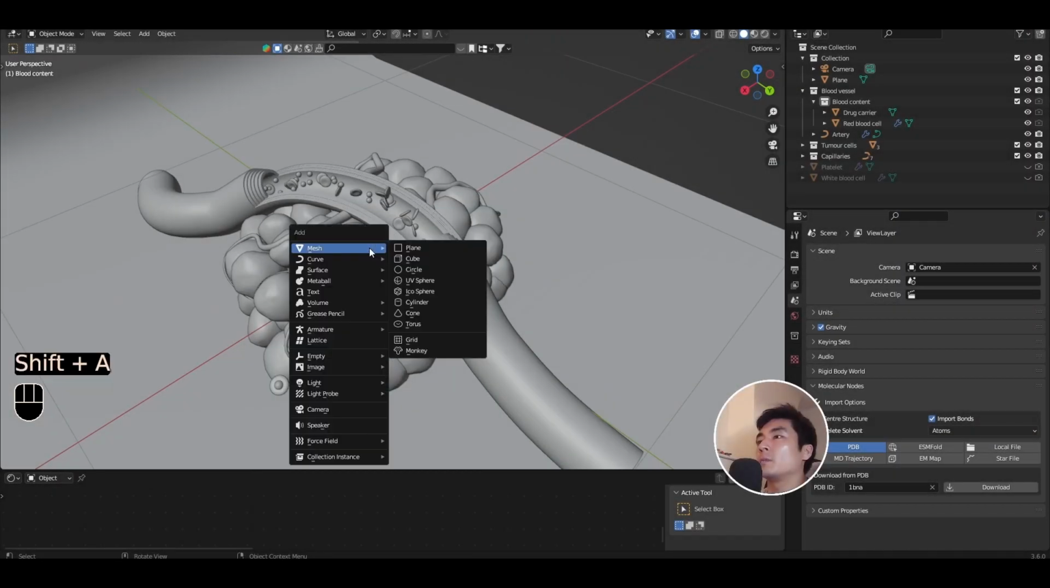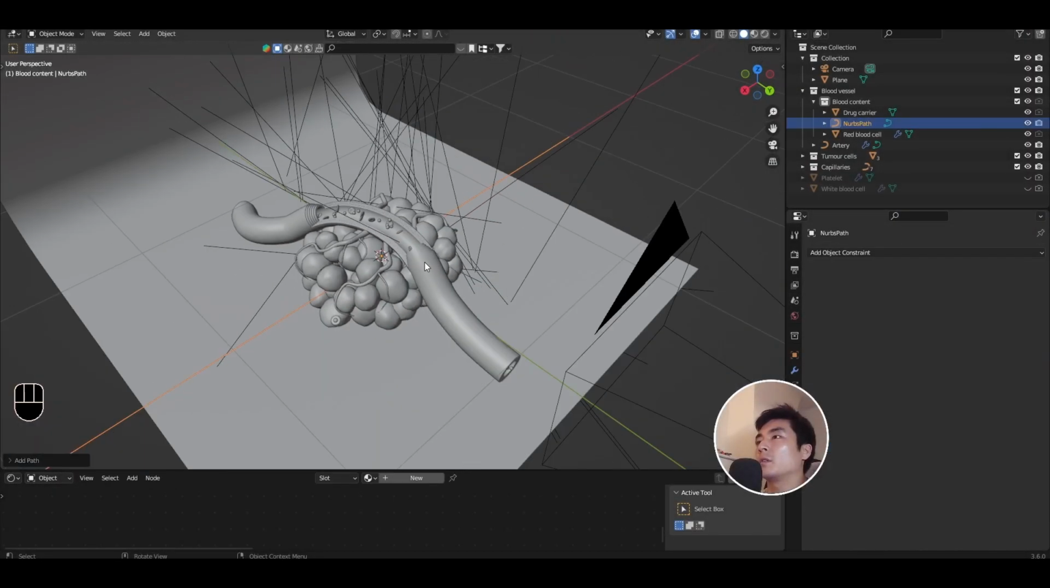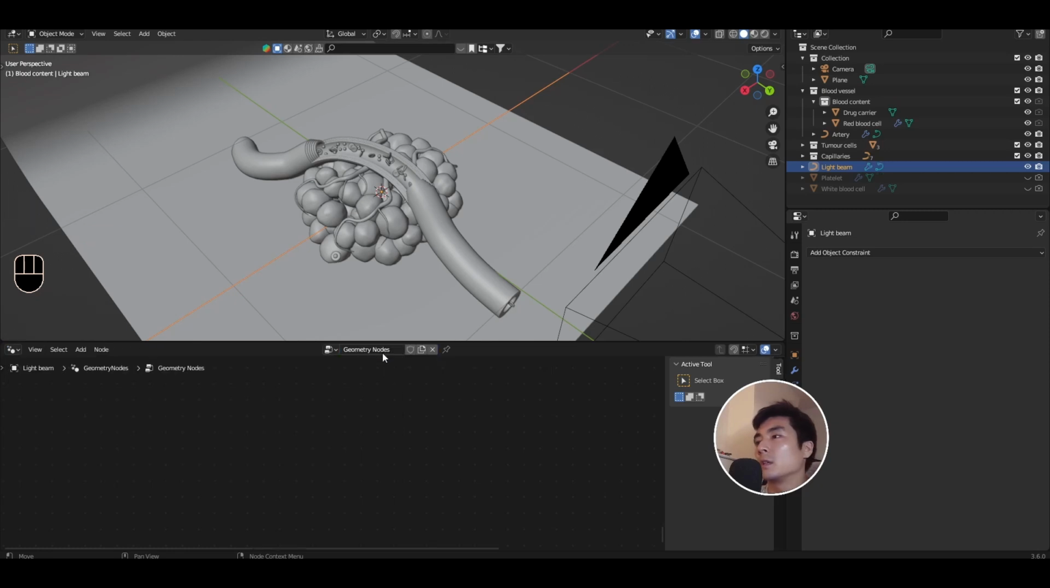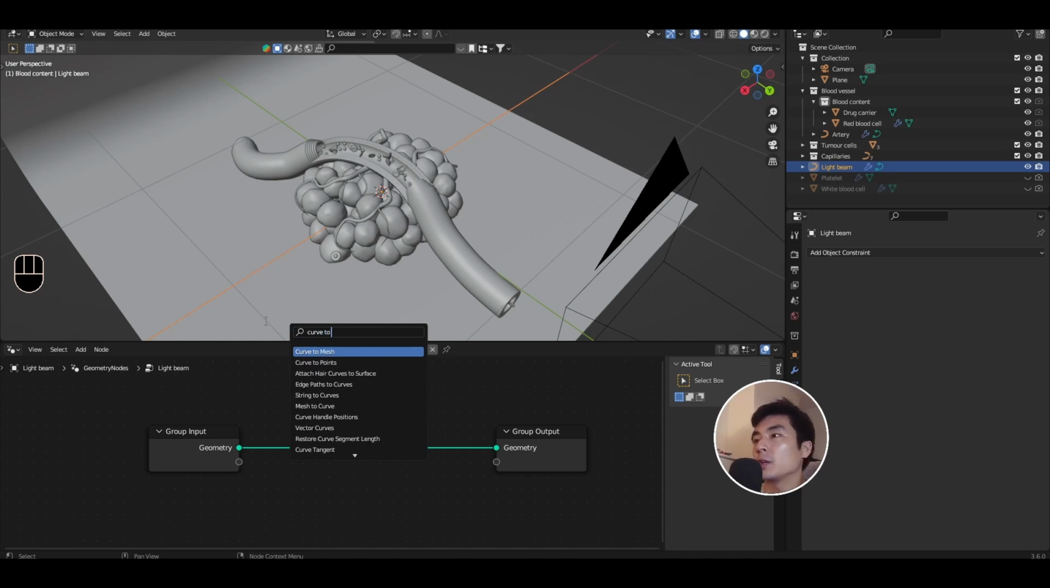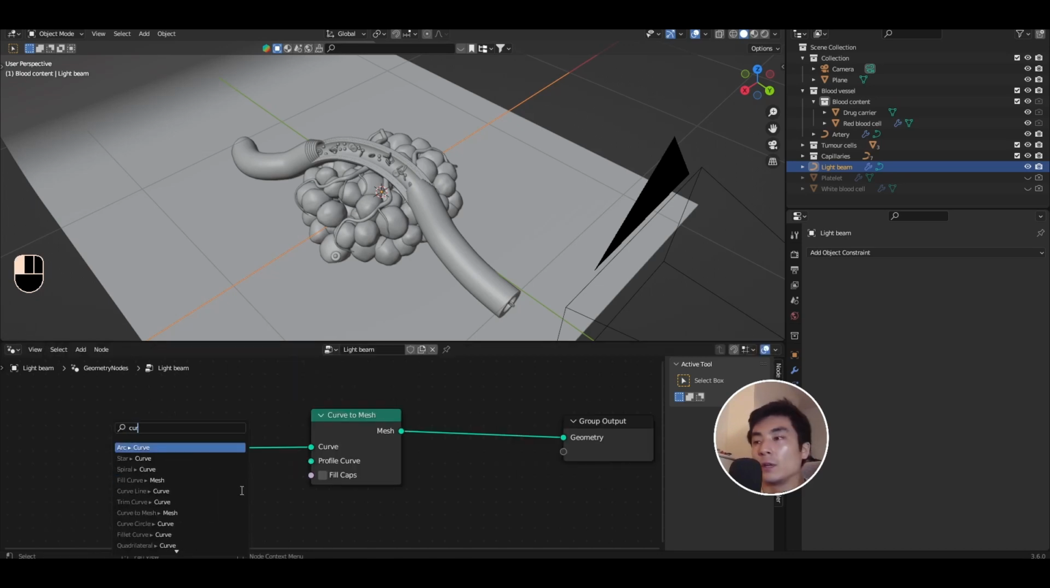So to create the beam, I'm going to just use a curve path object. And in the geometry nodes editor, let's create a new node tree. Call this the light beam. Let's go ahead and look for a curve to mesh node and set the profile curve to a curved circle,